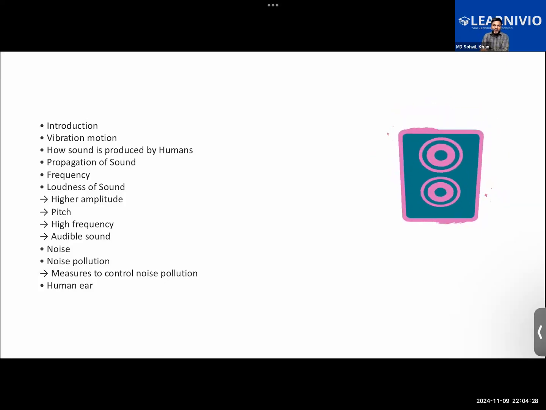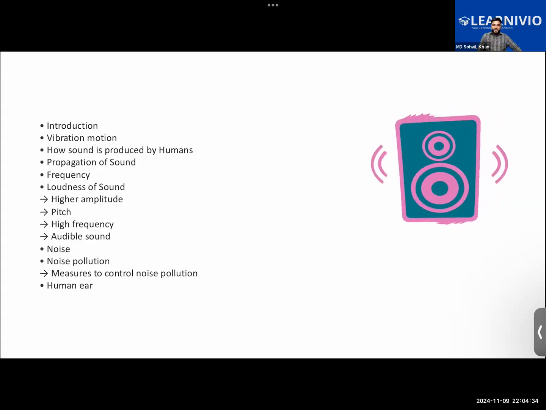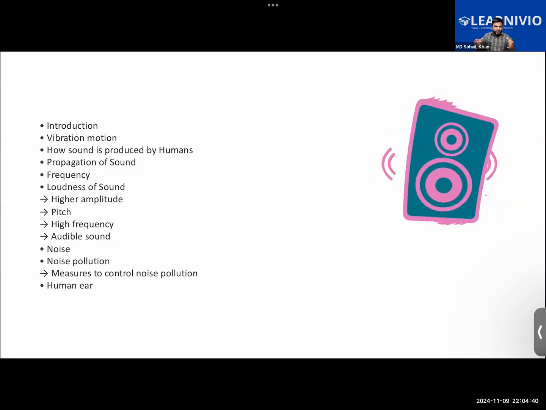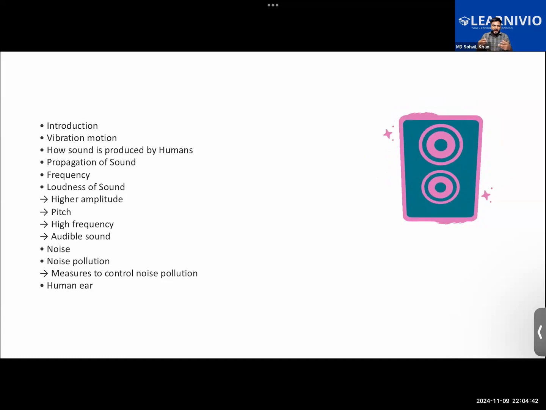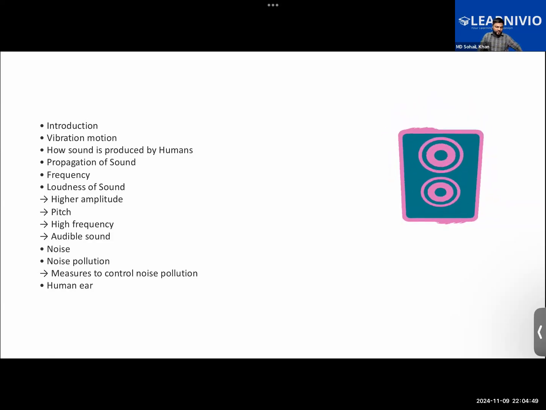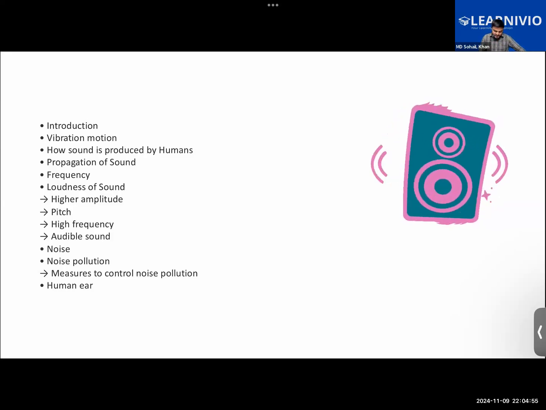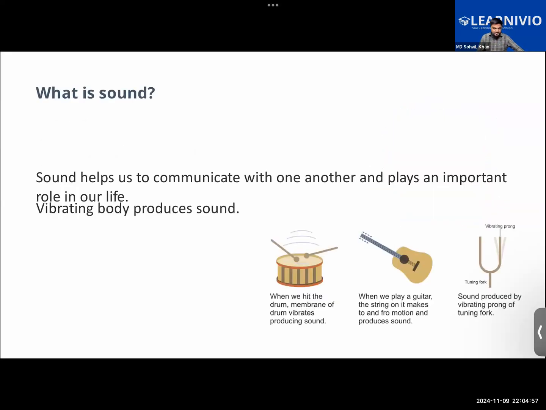Okay, but the main function of that outer part of the ear is that it helps to collect the sound waves. It collects the sound waves, helps in absorption of the sound wave, and sends it to the ear canal, and there the sound wave will vibrate the eardrum and all that, which we are going to learn in the later part of the chapter. That is the thing. Let's just start the class then.